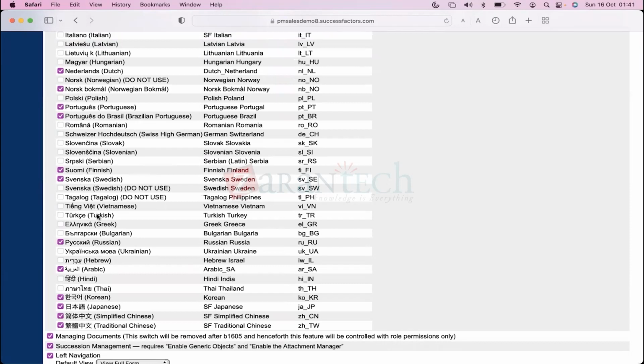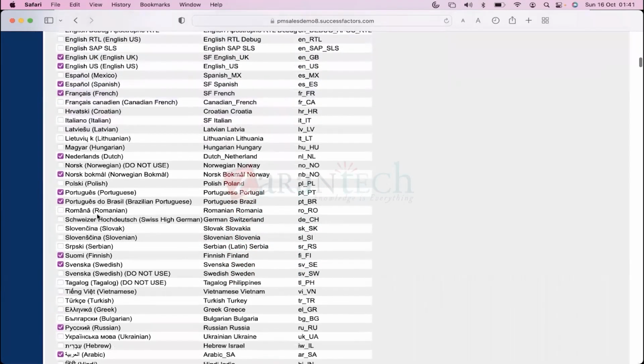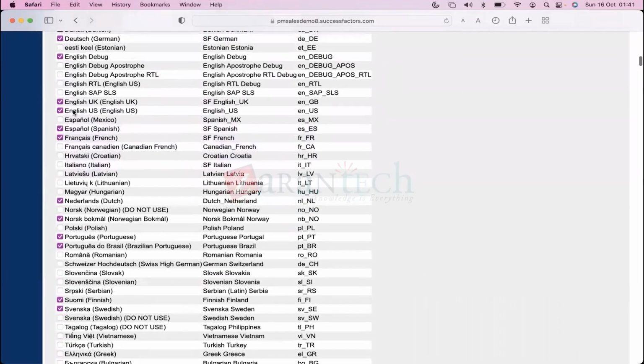Okay, so these are all the languages. Any additional languages that we see default activated, we will remove them. Only the client specified languages will be kept. The UK English, US English,